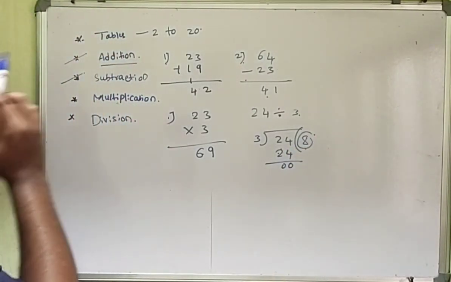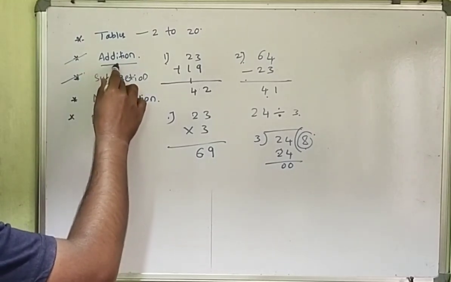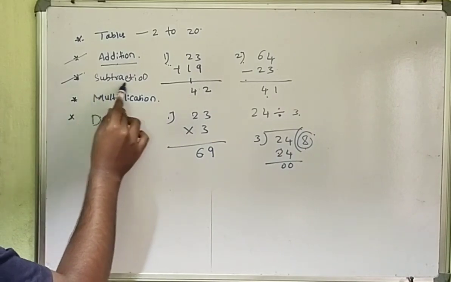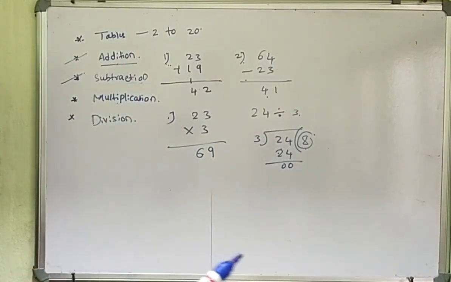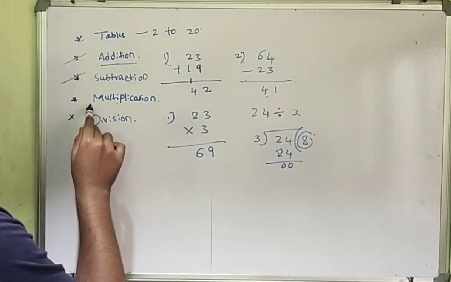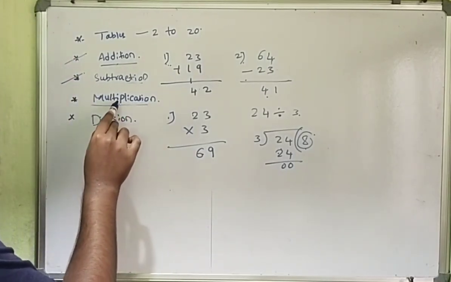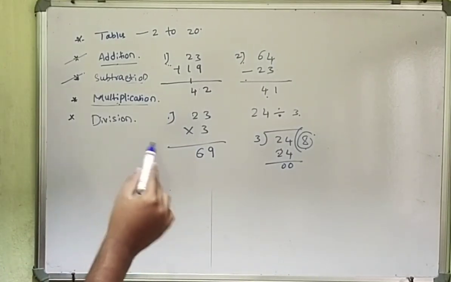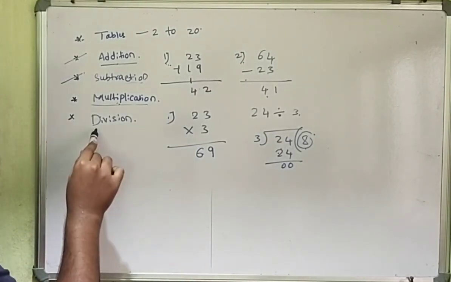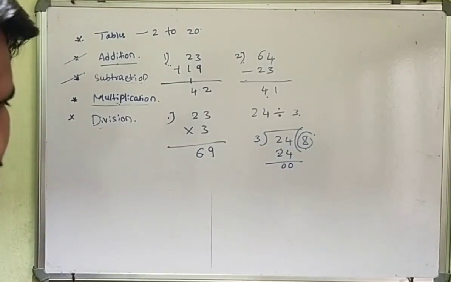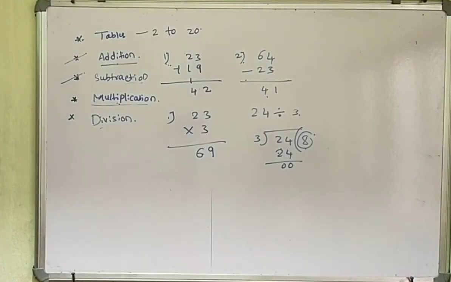Okay, so at home just go through the addition. In addition you have to take 10 examples and solve them. Similarly go through the subtraction, take 10 examples of subtraction, solve them at home, take your own examples. Then go through the multiplication. After multiplication, take 10 examples of multiplication, solve them and send them in PDF form. And after that go through the division. In division also you take 10 examples and try them at home.